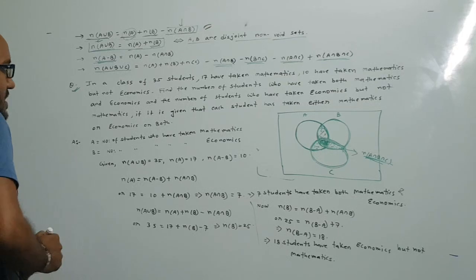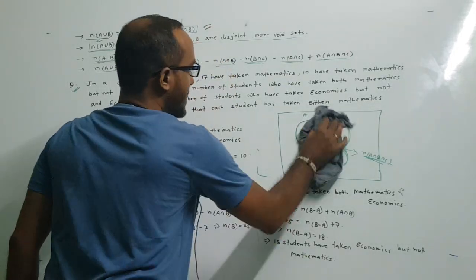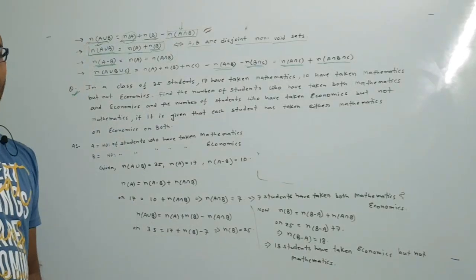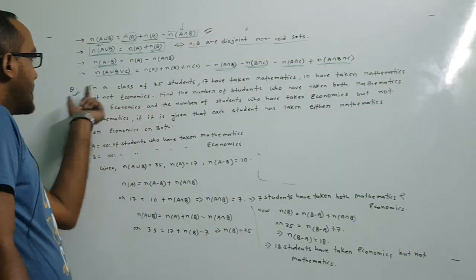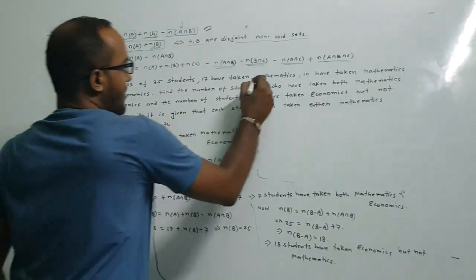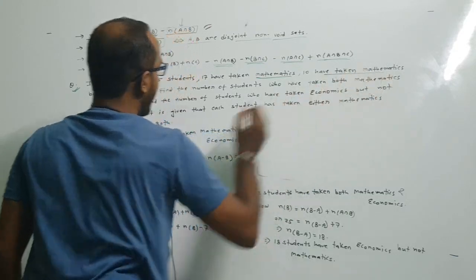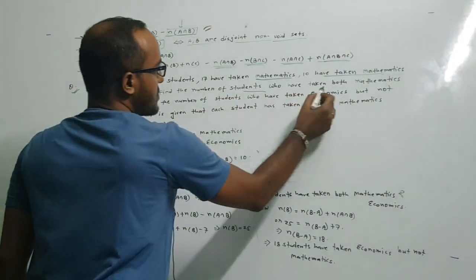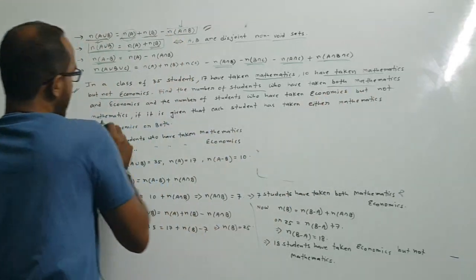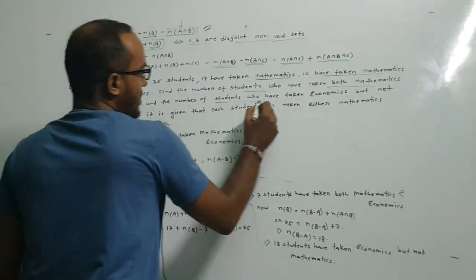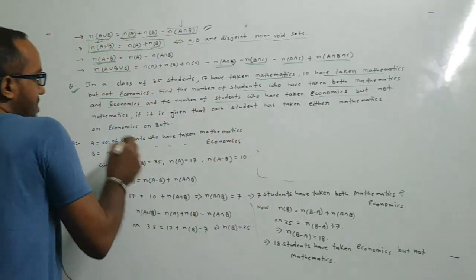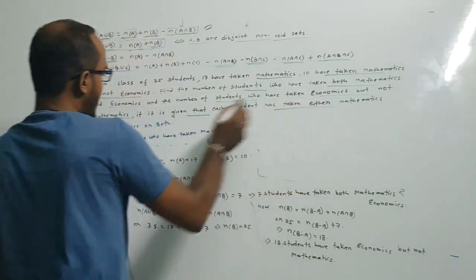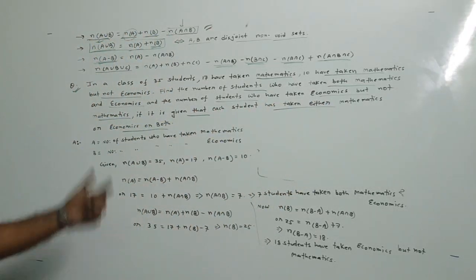Now let us see this. In a class of 35 students, 17 have taken mathematics, 10 have taken mathematics but not economics. Find the number of students who have taken both mathematics and economics, and the number of students who have taken economics but not mathematics. If it is given that each student has taken either mathematics or economics or both,